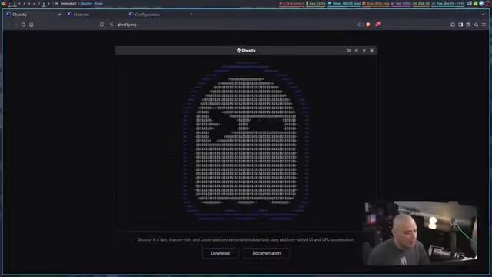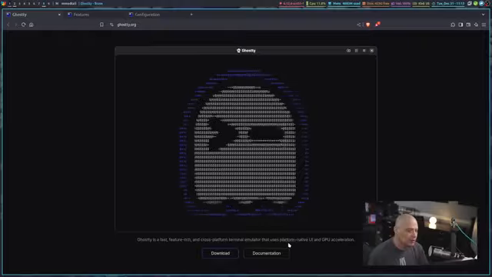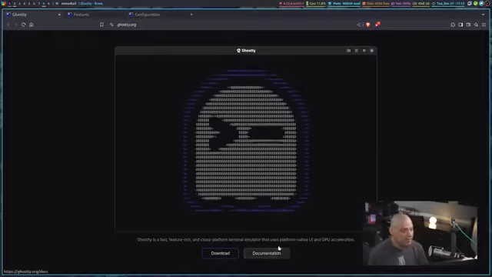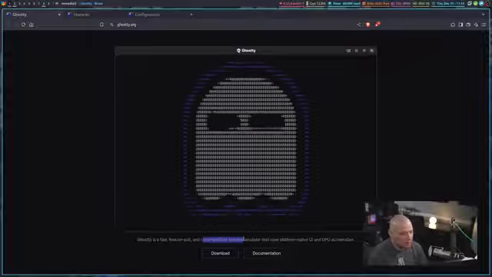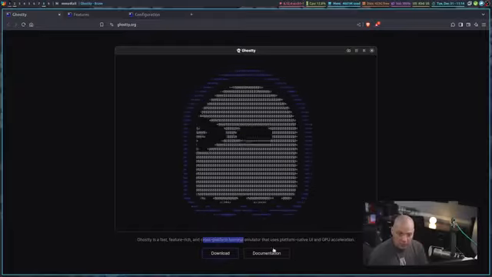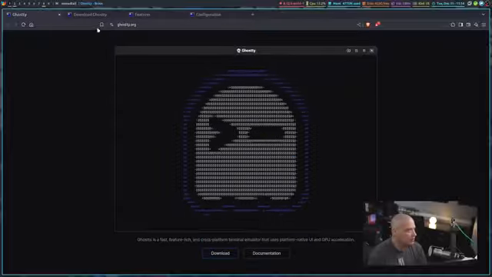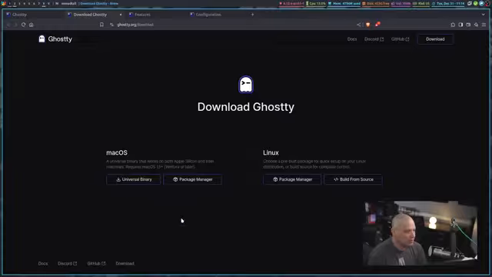But you know, this is a cross-platform terminal emulator that uses platform native UI and GPU acceleration. Now, this is a little bit misleading because cross-platform, you would assume, oh, it's available for Windows, Mac, and Linux. But when you go to the download page, you can see, well, we've got a macOS build and we've got a Linux build, of course. Nothing for Windows here. Now, I should also mention that this thing just recently had a 1.0 release, so